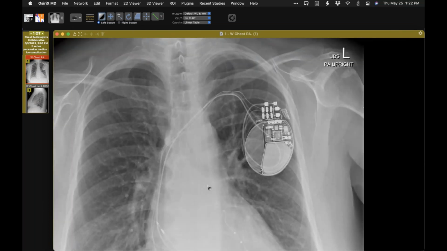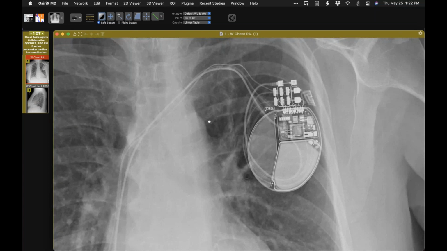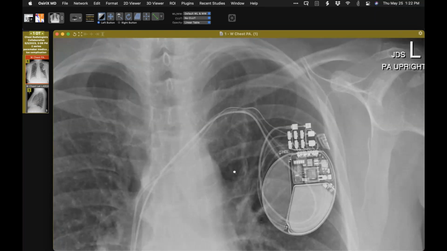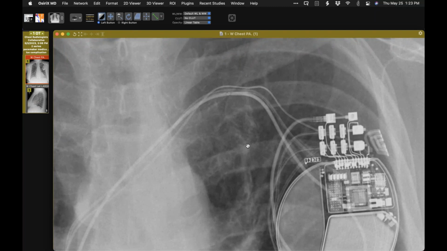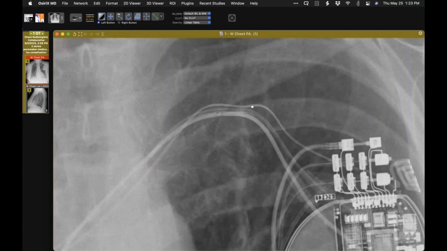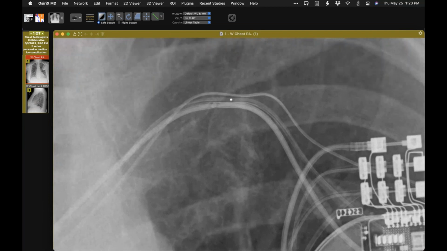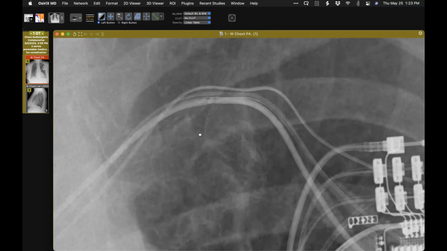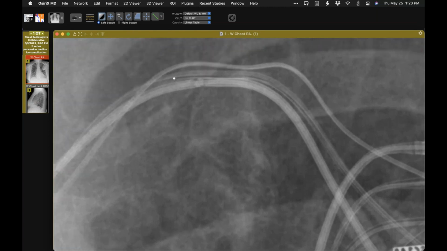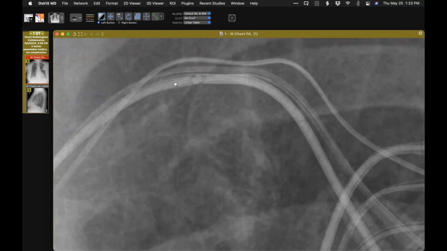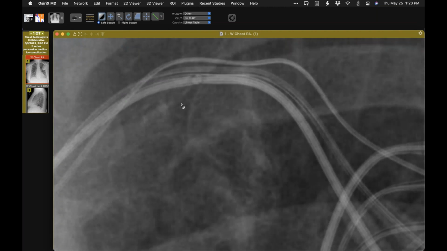And the place to zoom in a lot in cases is the costoclavicular space, because the wires in that particular location are subjected to stress during activities of daily life. Now, this is really subtle. So we've got three items there, but right here,